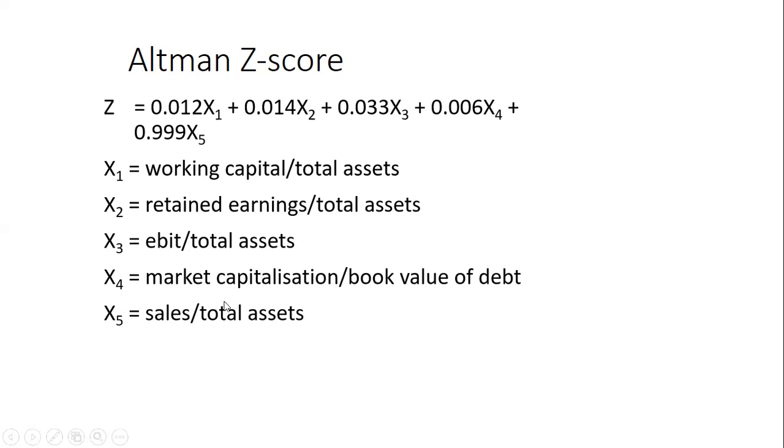X5, sales to total assets, being very important. No, please. Okay. So what I'm saying is that this formula, okay,